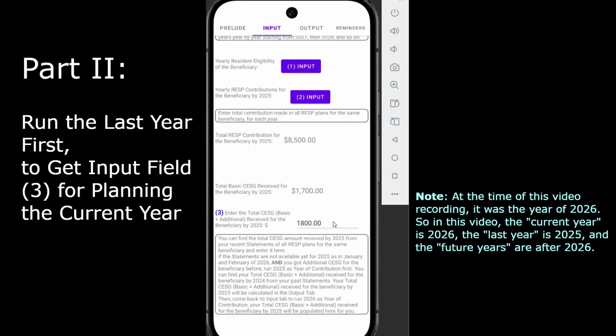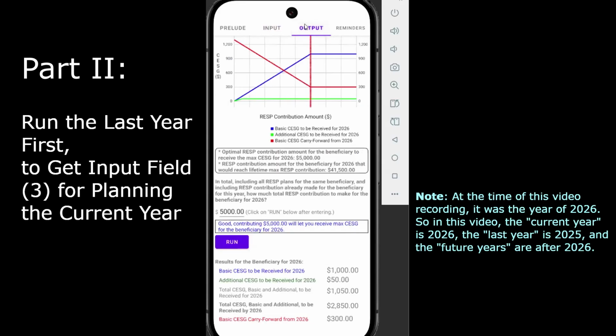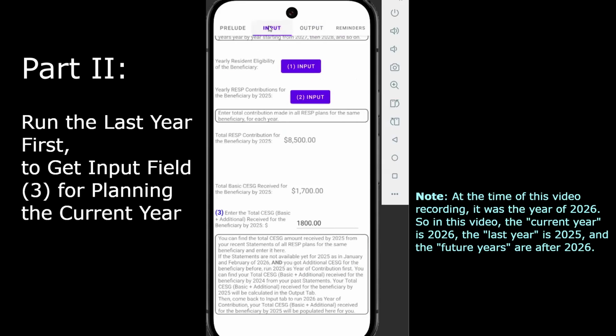Your total basic and additional CSG received for the beneficiary by last year will be calculated in the Output tab, and then populated in input field 3 for running the current year.